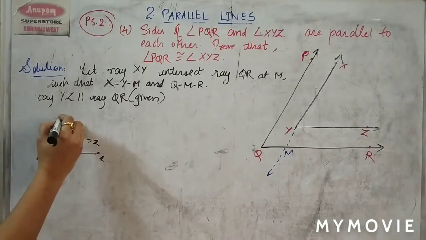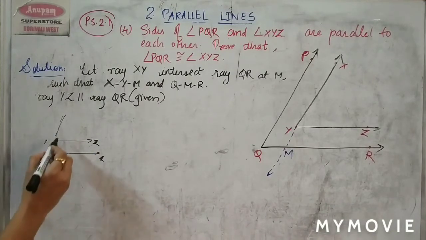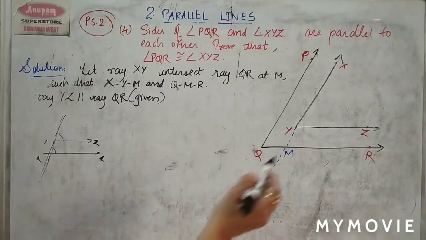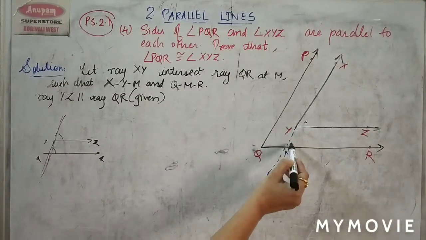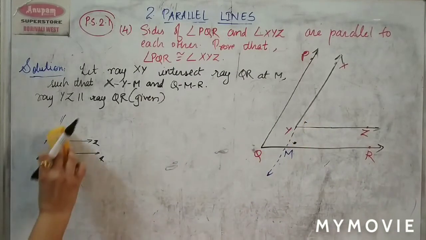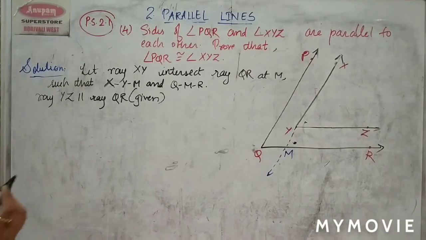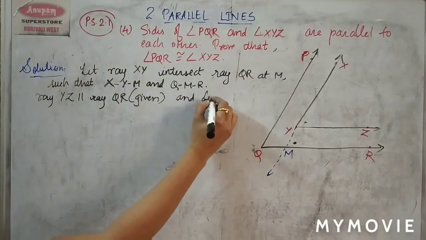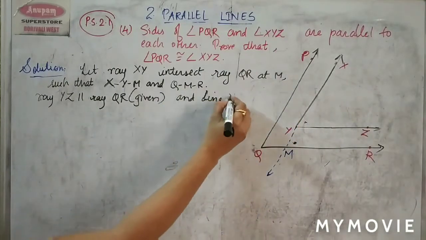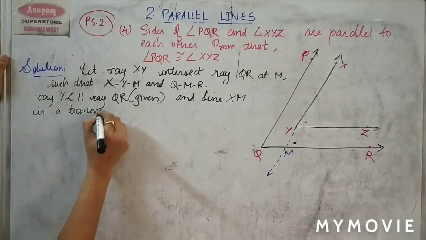Is there any transversal which you can see? Can we see something like this? Here, this line. And if I am getting that line, can I say that these two angles will be congruent using the corresponding angles test? Yes, and therefore I'll say that this angle is going to be congruent to this angle because these two lines are parallel and this is a transversal. So using this, I am going to say that ray YZ is parallel to ray QR and line, this is a line, this is not a ray, this is having arrow at two ends, line XM is a transversal. You can say.